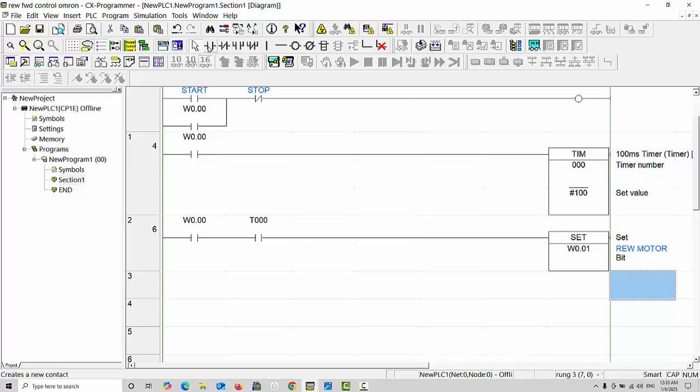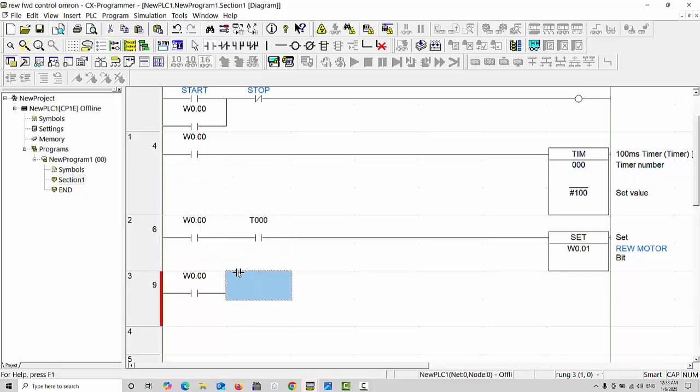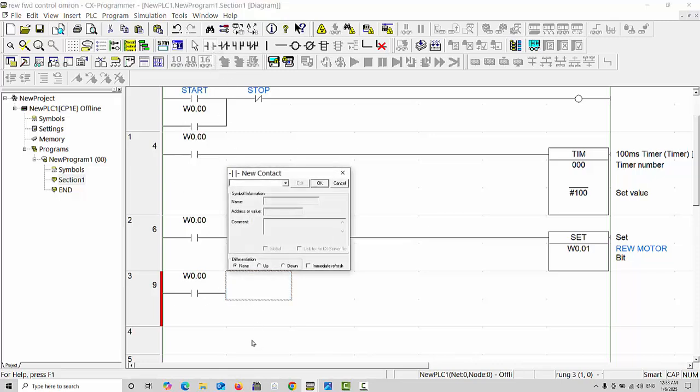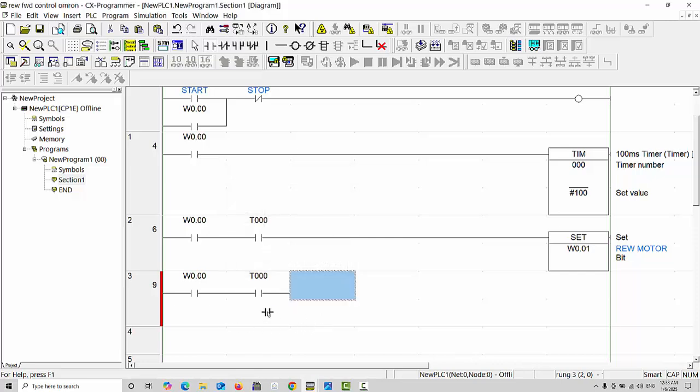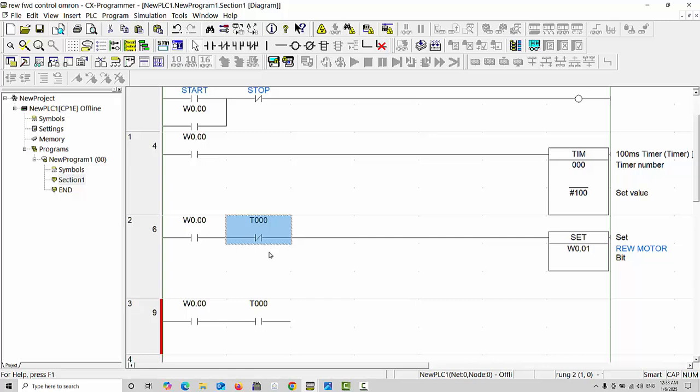And next we will choose one more open contact here, W0, and here we will take the open contact of the timer T0. This contact, sorry, we have to choose close because of invert, because when this timer